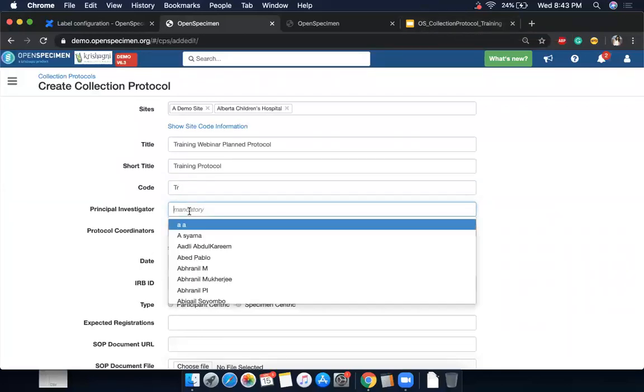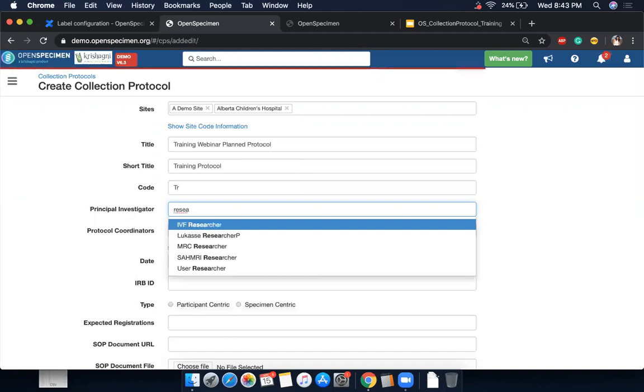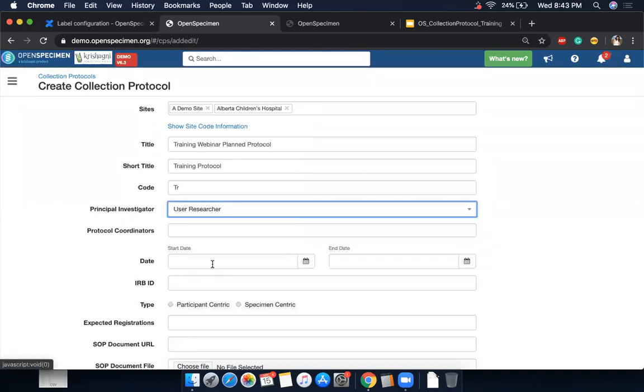And who is the principal investigator? Whomever you assign as principal investigator, they get by default read access to all the data of this protocol, including any patient data that you have, that is patient identified data. Okay, so I'll make some researcher the PI, and I can put one or more coordinators as protocol coordinators.